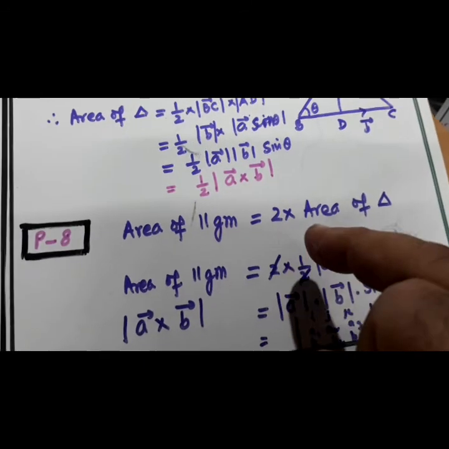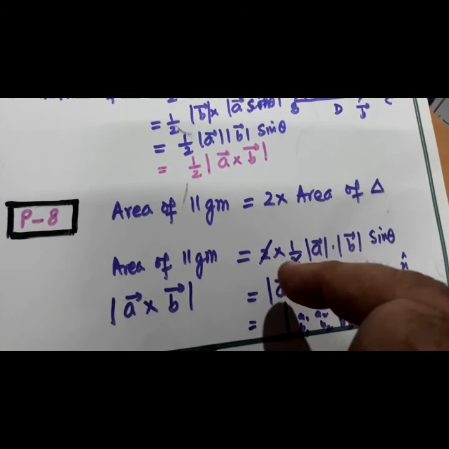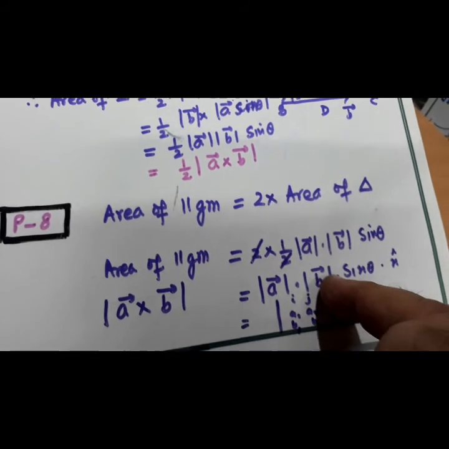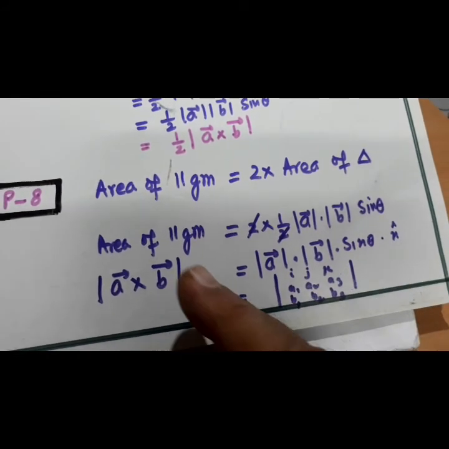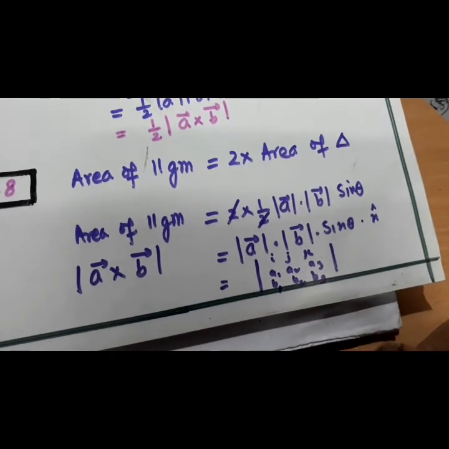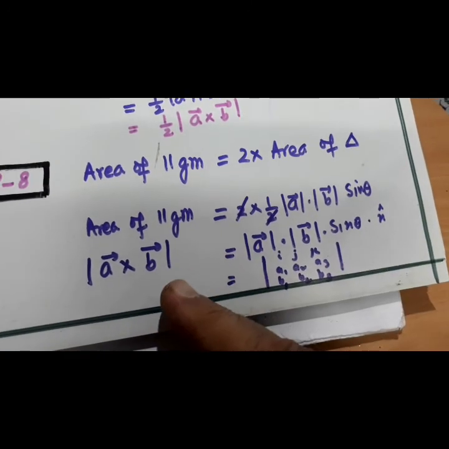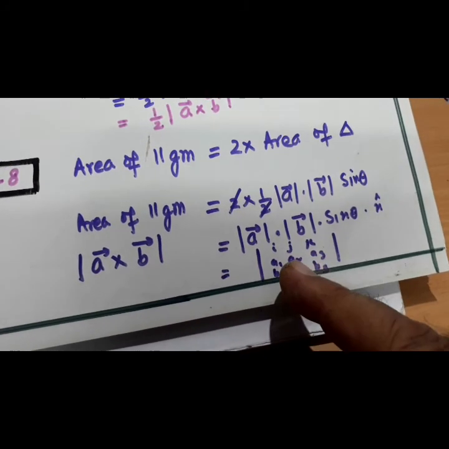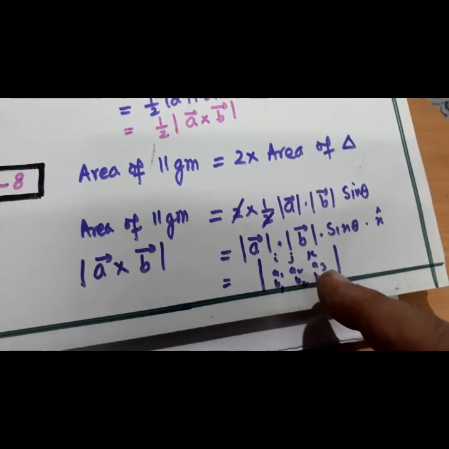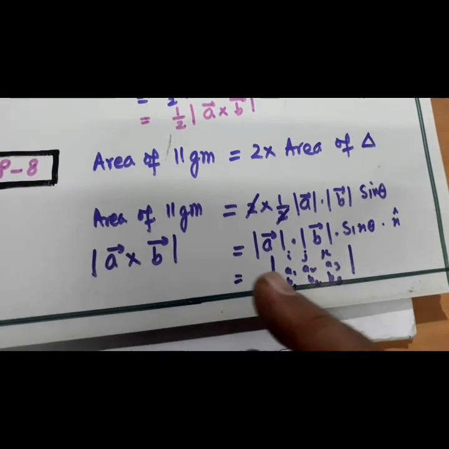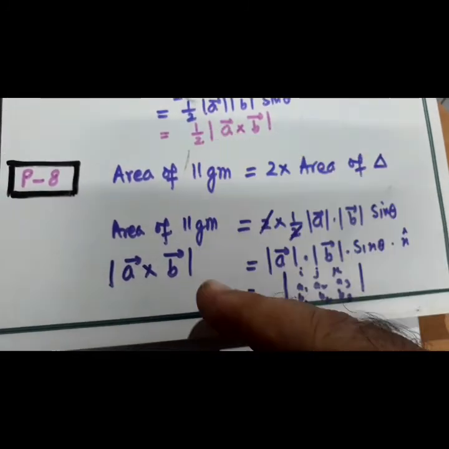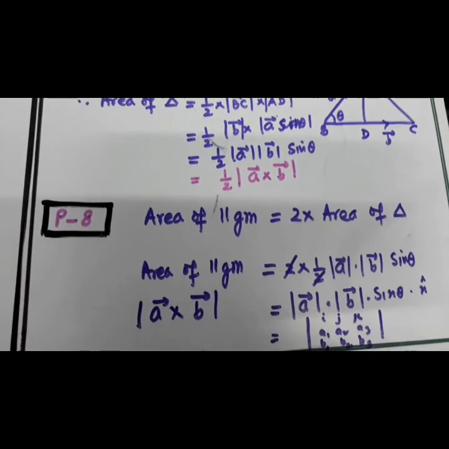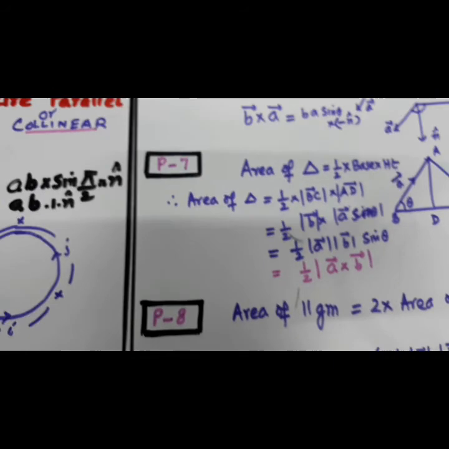Area of parallelogram क्या होगा? It is double the area of triangle. So this 2 and 1 by 2 are cancelled. It becomes AB sin theta. अगर मैग्नीट्यूड लेते हैं, n कैप का मैग्नीट्यूड 1 बन जाता है. तो ये क्या है? A cross B is a determinant. I J K के फर्स्ट रो, फर्स्ट वेक्टर के कंपोनेंट्स, सेकंड वेक्टर के कंपोनेंट्स. This is how you have to find the area of parallelogram and area of triangle. Most of the questions are based on these last two properties. I hope you might have understood.